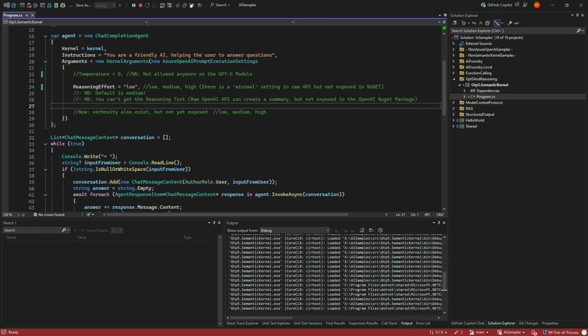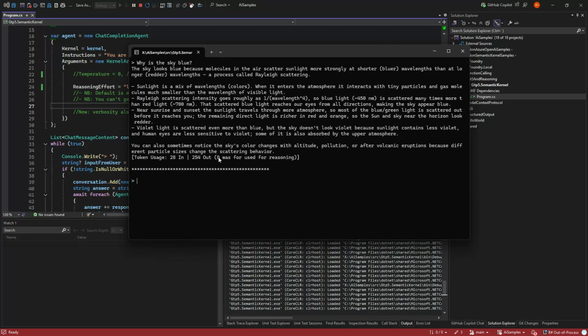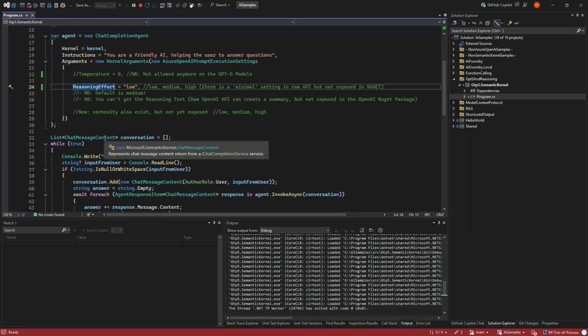to ask, last time we used 300, so why is the sky blue? We will see in a minute that it now used 0 reasoning. Normally when I set it to low, it will go to around 0 reasoning, but if you don't set anything, it will actually use more than you might expect. So setting reasoning effort equal to low is probably something you want to do if you're doing some cost-efficient things.